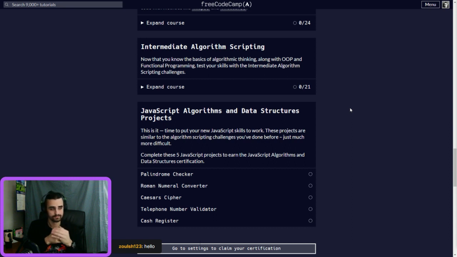And mind you, all of these things that we do, we can take and save, and then we can add them into a portfolio, or that page that we've created, and put them up on your GitHub, so on and so forth, so that you can show what you've been doing.